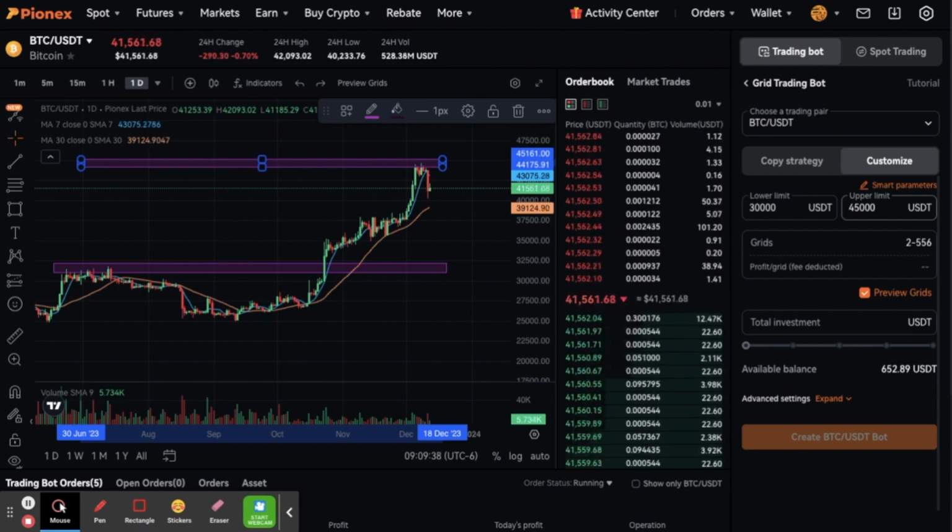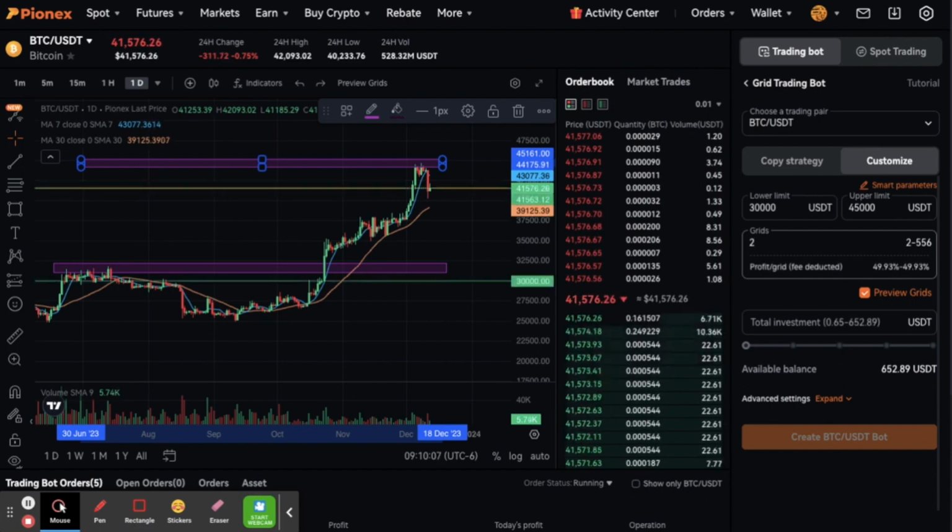This bot will trade any time the price is in between those two numbers, as long as it is hitting grids. If it is hitting grids, it will continue trading. Sometimes people are worried about it not trading, and it's because you're not hitting grids. If it's in between those, it's still going to continue trading. With your grids, you have the option of 2 all the way up to 556, and we're going to look at those. If I say 2 grids,